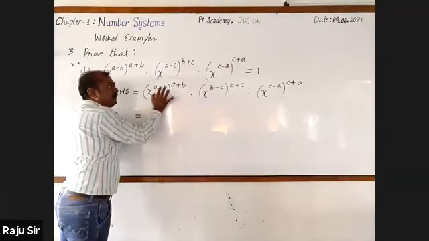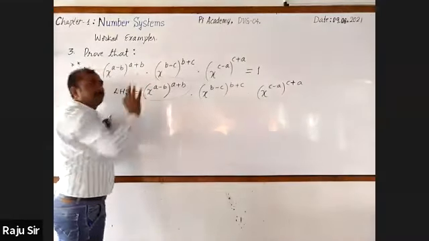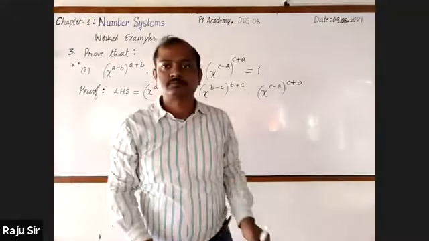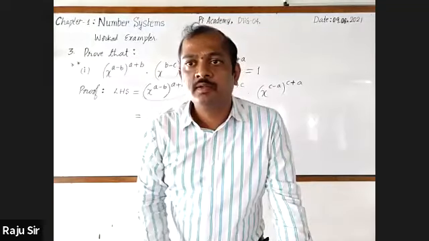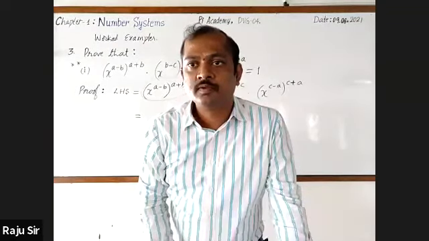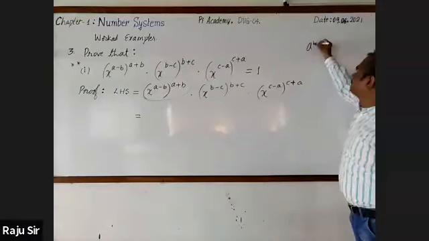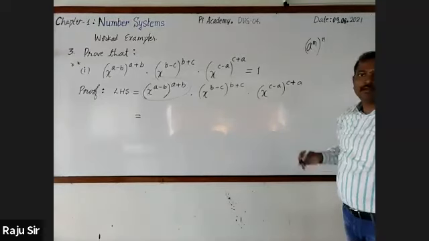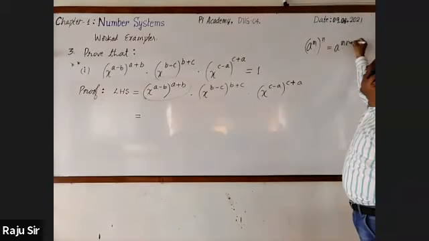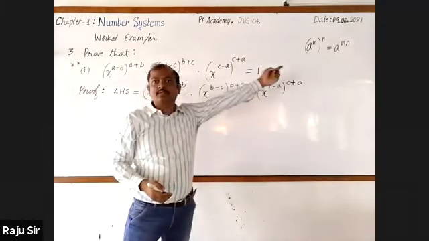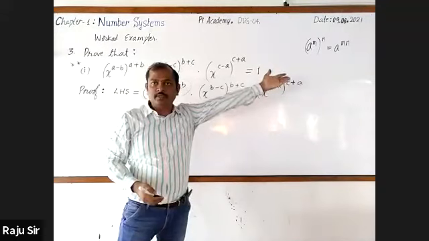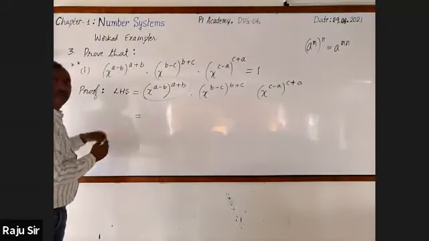X raised to the power a minus b, whole raised to the power a plus b. Aditya? Sir, a power m whole to the power n. Very good. It is a raised to the power m, whole raised to the power n. This can be written as a raised to the power m into n. So each term is of the same form. Let us write it in that way. Go on copying with me.